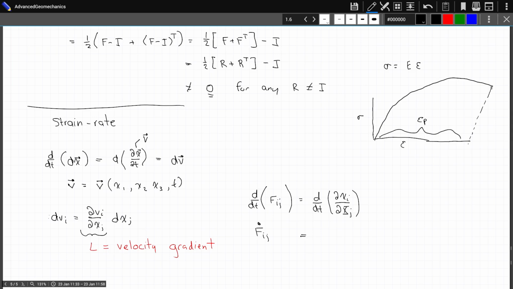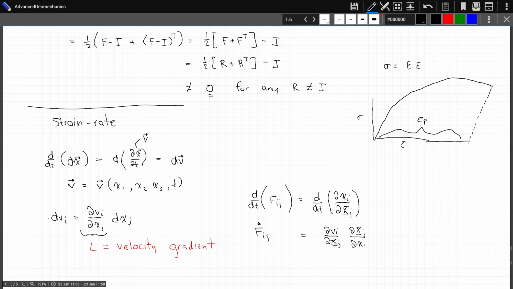So this is like partial V, partial big X. So it's like partial V_i, partial big X_j. And now what I'm going to do is multiply on the right-hand side by partial X_j